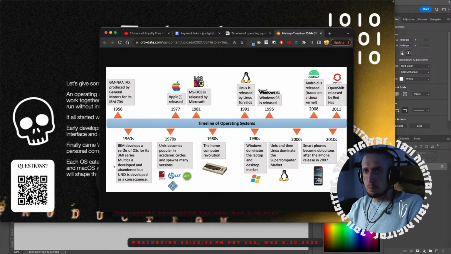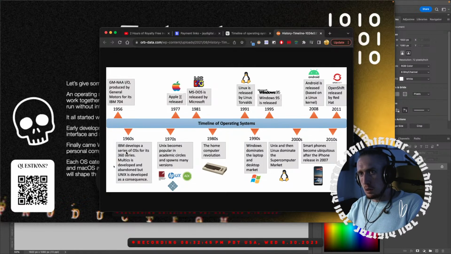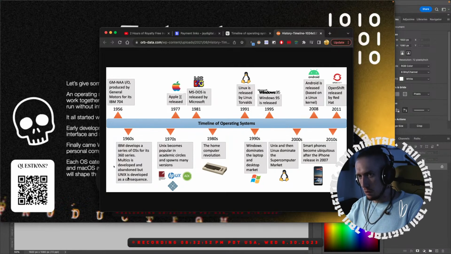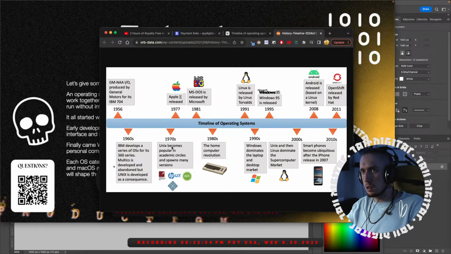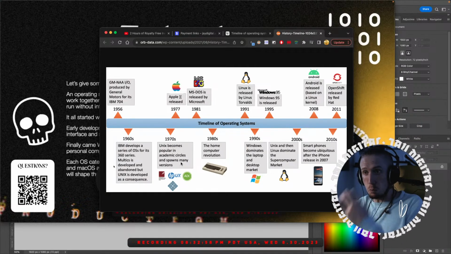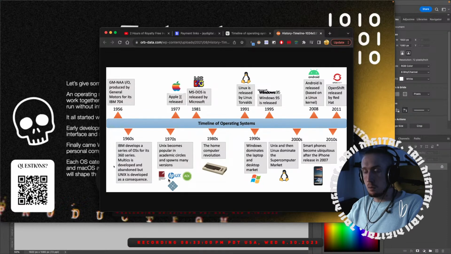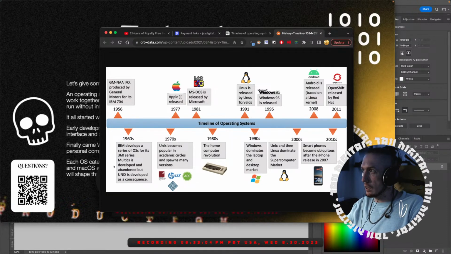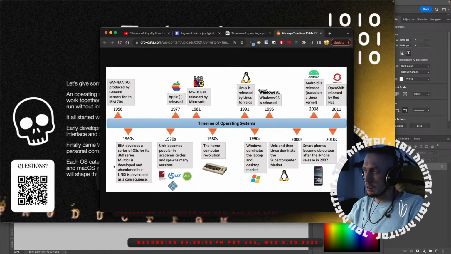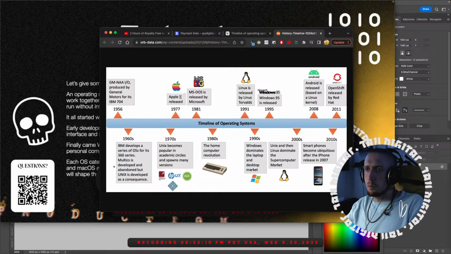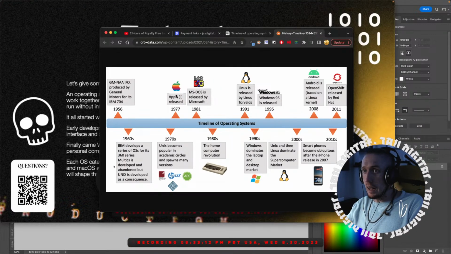Then IBM develops a series of OSs for its 360 series. Unix is developed as a consequence. Then Unix becomes popular in academic circles and spawns many versions. So AIX, and then Apple.